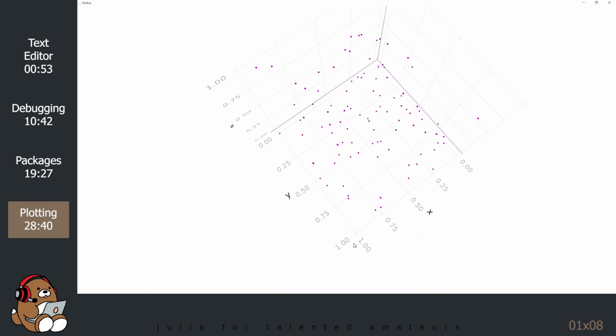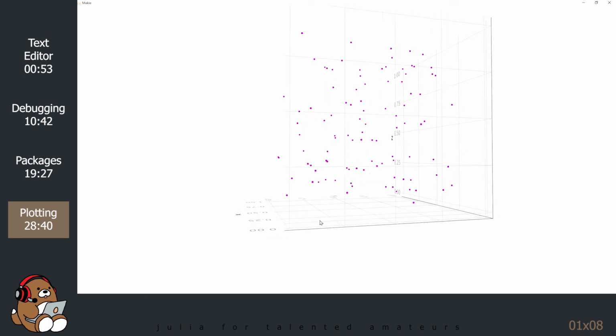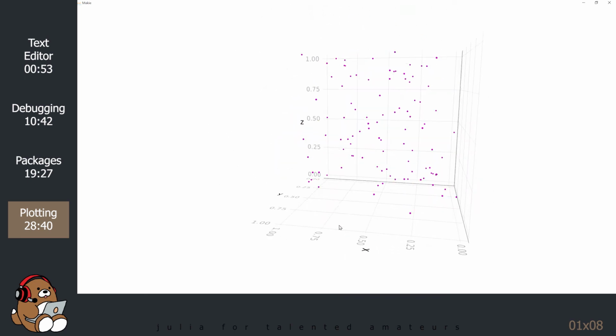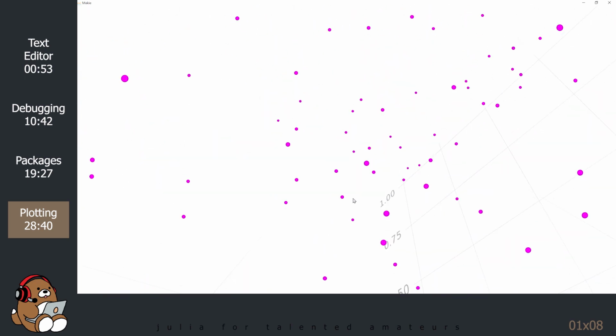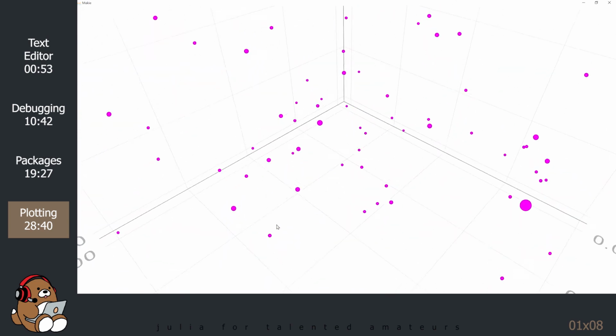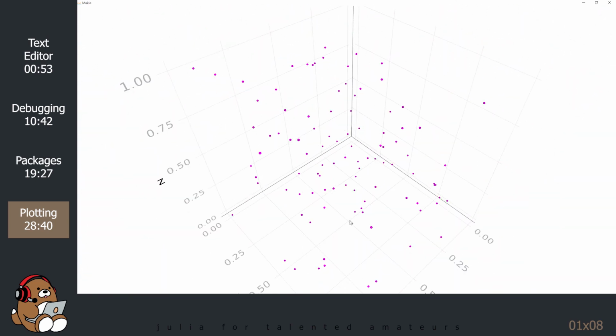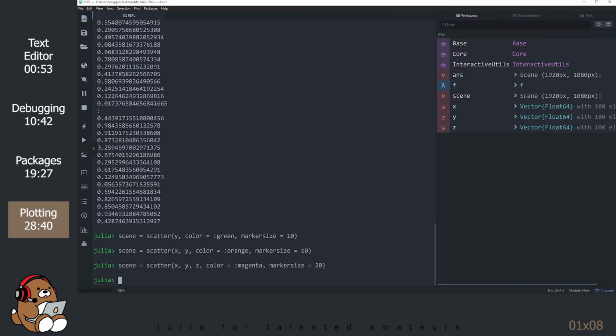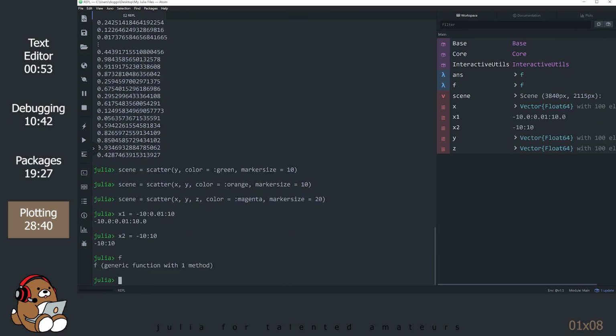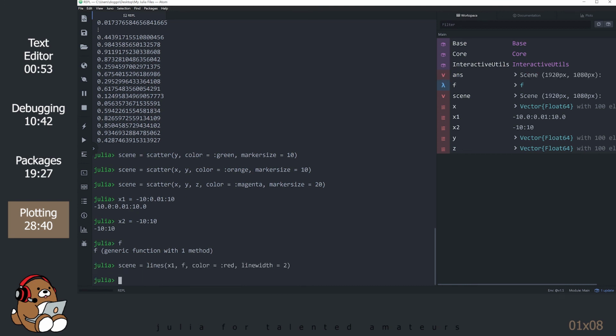The control is a bit sensitive, so move your mouse slowly for the best results. You can add to an existing plot by using the bang operator.